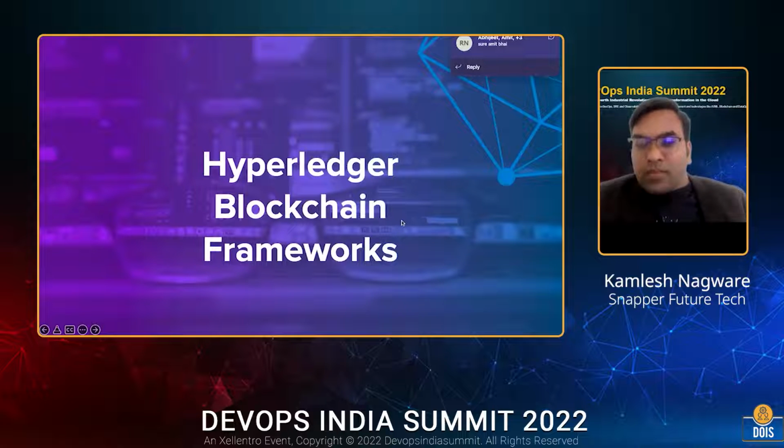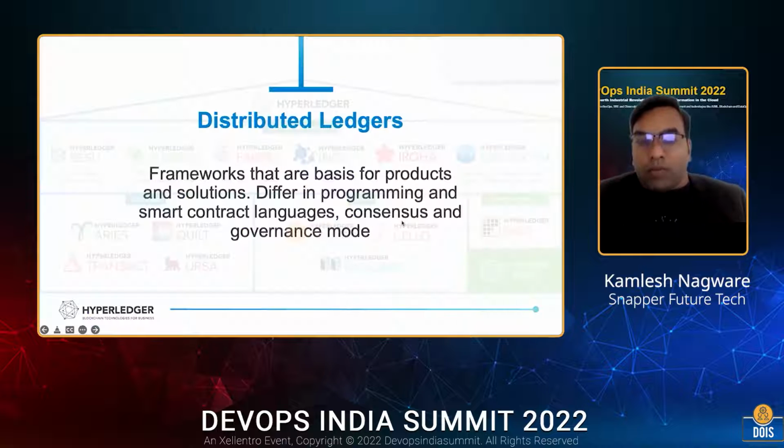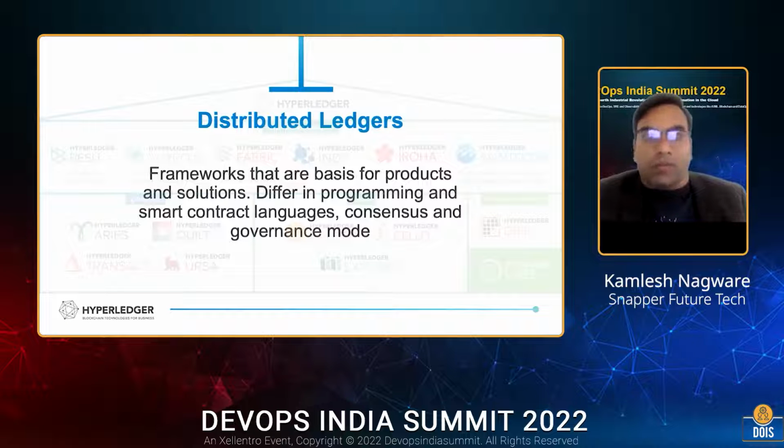Now let's talk in detail about the different Hyperledger projects and how they're categorized. In Hyperledger, we have a set of different projects. Some are DLTs, some are libraries, some are tools, some are domain specific. A DLT is simply a project that has a distributed ledger, some programming and smart contract features, and governance of the code.